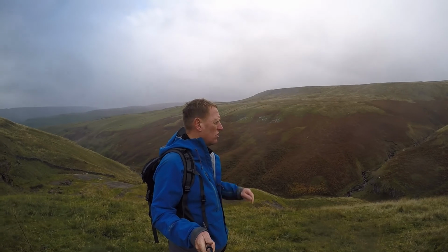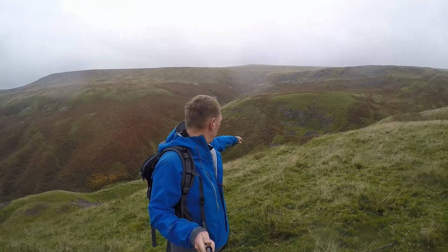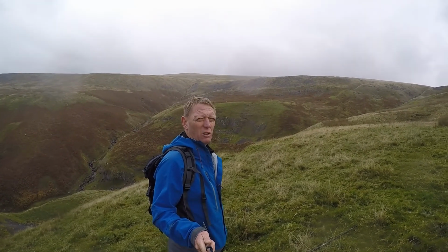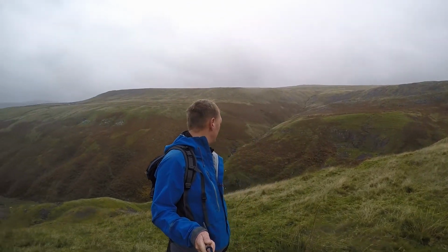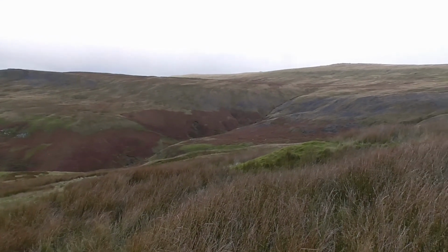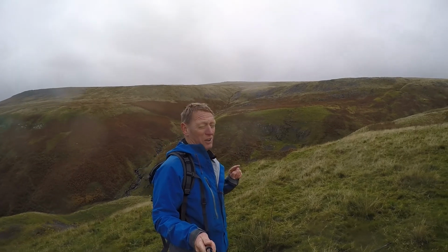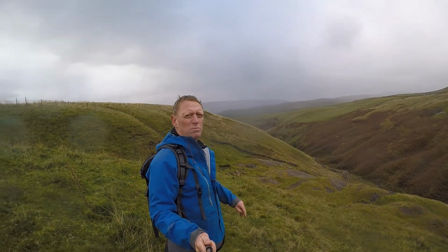I was there on one of these walks a few walks ago. The gill that runs up here is called Dauber Gill War, I think. Dauber Gill War, W-H-A-R-R. I'll check that out, just give me 1 second. Sorry, 2 seconds. Dauber Gill War, W-H-A-R-R. Behind me down here, this is known as Providence Lead Mines,